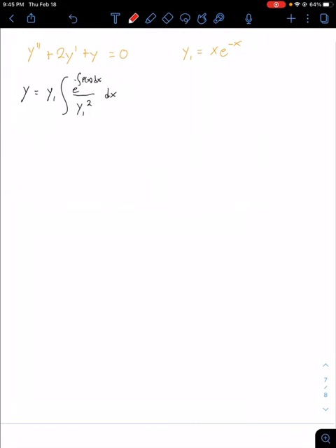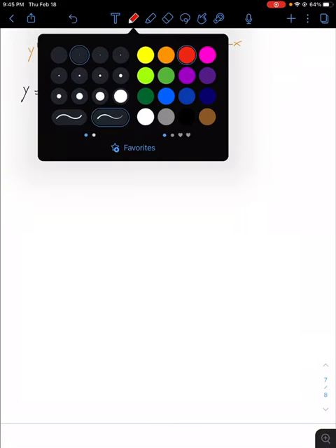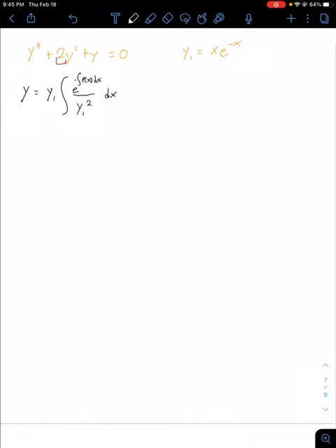P of x, when the equation is in standard form, is going to be the term in front of the y prime term, whenever this is a second order linear differential equation. So this is p of x, it's just 2. And y sub 1 is the solution that's given to us, which is x times e to the minus x. So when we plug this in, we're going to have x times e to the minus x times the integral of x e to the minus x,